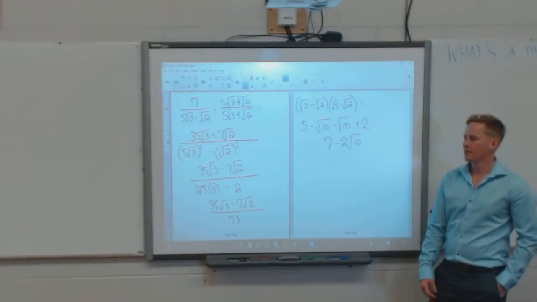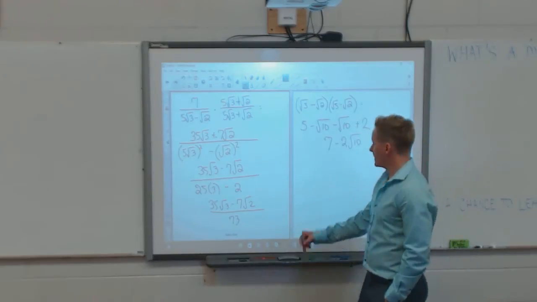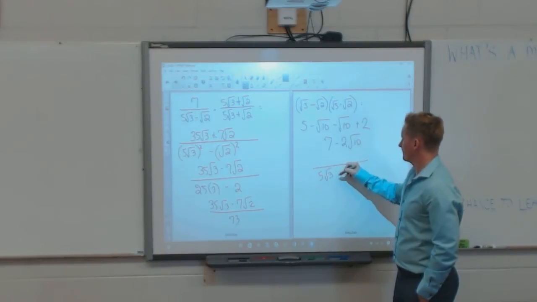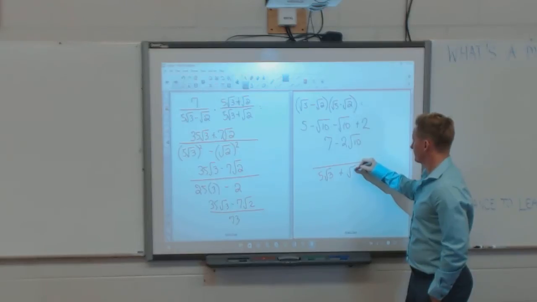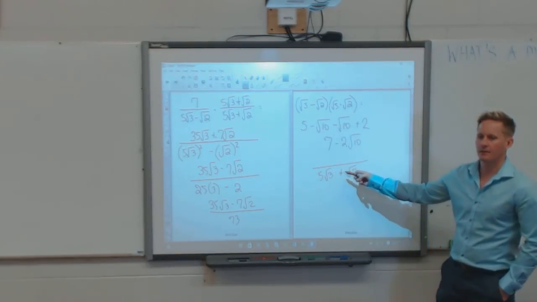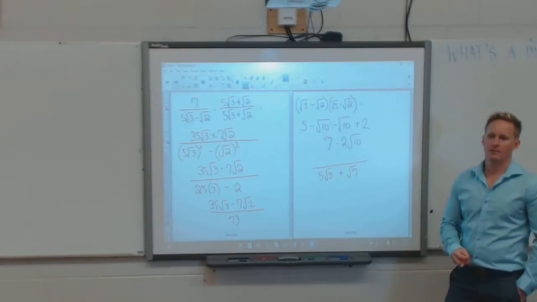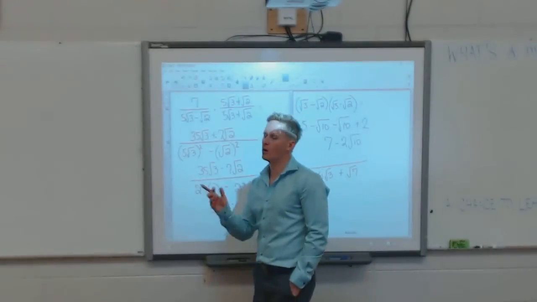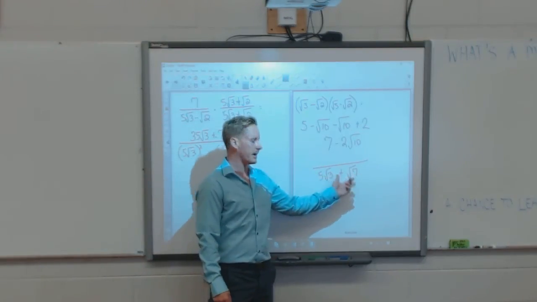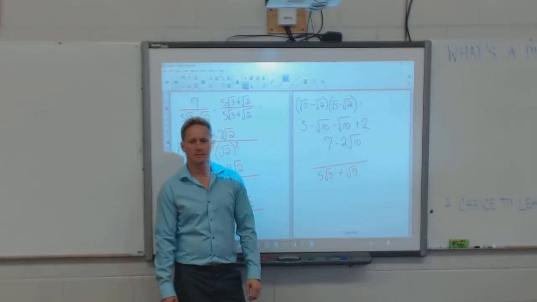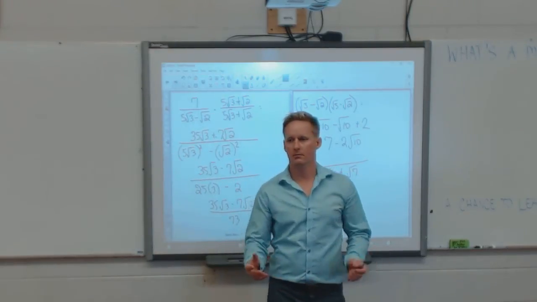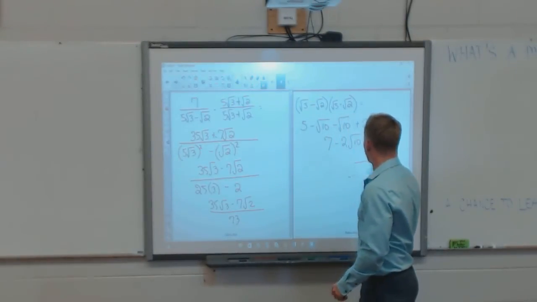All right, so there's got to be some sort of rule that I can match up with this. All right, and it's simple. When you have a binomial on the bottom, something like that, I'm going to multiply by its additive inverse. It's called the conjugate. You multiply by its conjugate. What does that mean? You take this whole thing and multiply it by this, subtract that. If it's a subtract, you're going to multiply it by this plus that. Real simple. Okay? Because you're going to always end up with